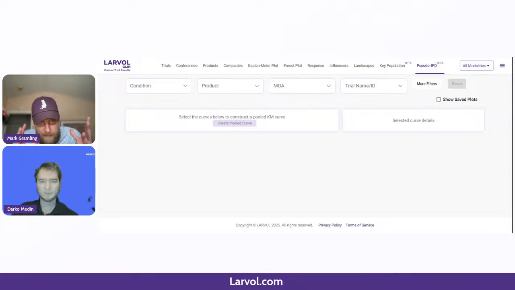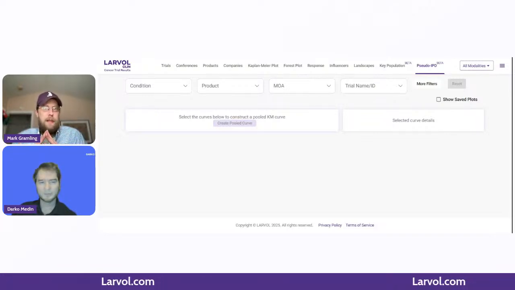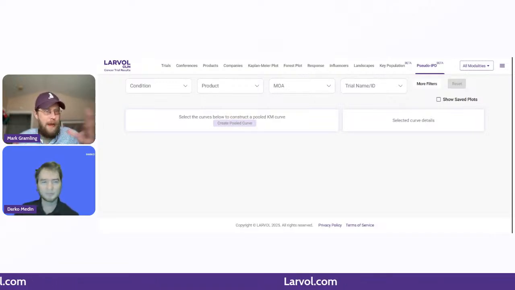And we got a biostatistics friend, Darko here, who helped us put the software together to combine those two elements, the curves and that at-risk data, into what I describe as a time to event data set, which is what pseudo-IPD means.